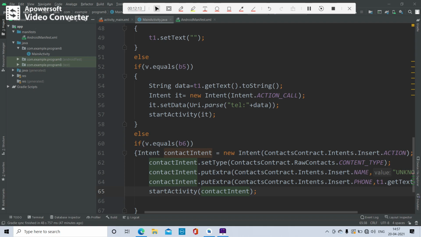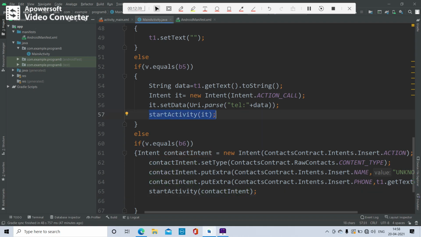Intents facilitate communication between components in several ways. There are three fundamental use cases. The first one is starting an activity: you can start a new instance of an activity by passing an intent to startActivity. That is what you are going to do here.